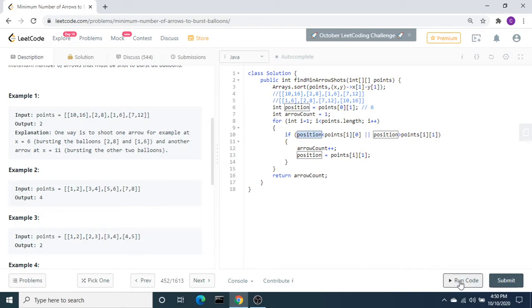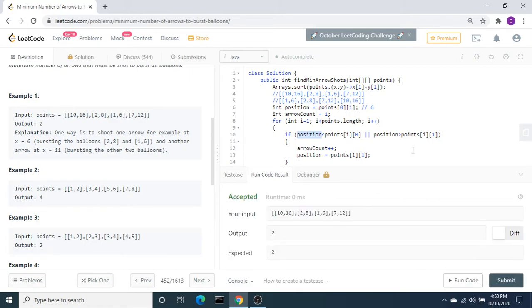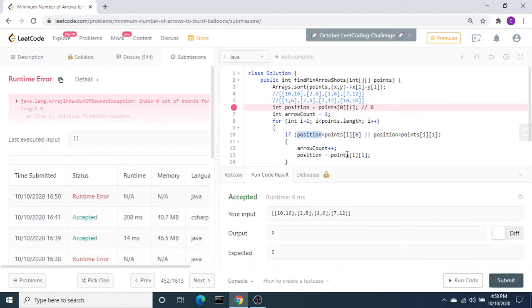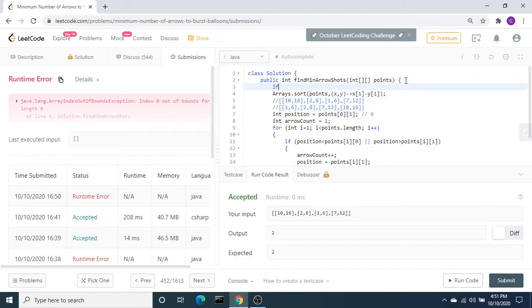Let's run the code. It is accepted. Let's submit. Index out of bounds. For this input, we didn't put the condition. Let's put the condition here: if points.length equal to 0, return 0.